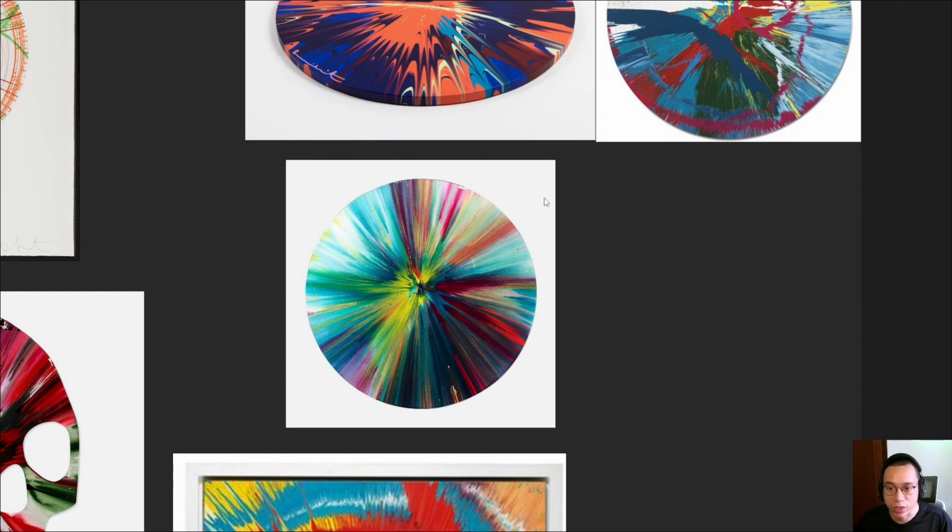As a result, what you can see here is a representation of time, of chaos, of explosions, and these are some of the keywords as well as the